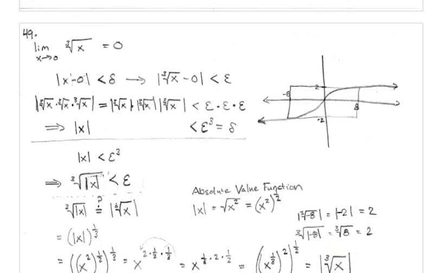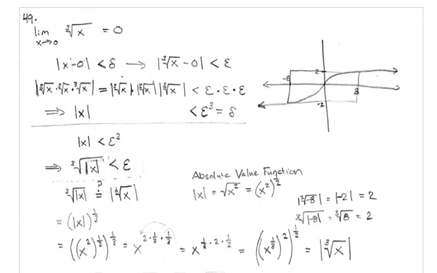So, we need to show that if x is no more than delta away from 0, it will imply that our function is no more than epsilon away from our L value. And our L value this time is 0. So, we can look at our height,